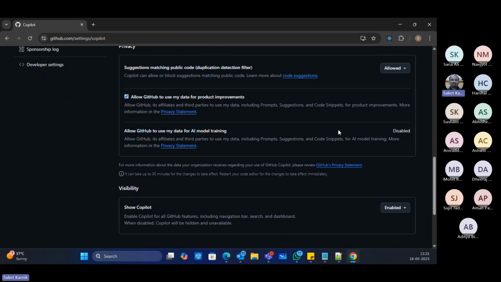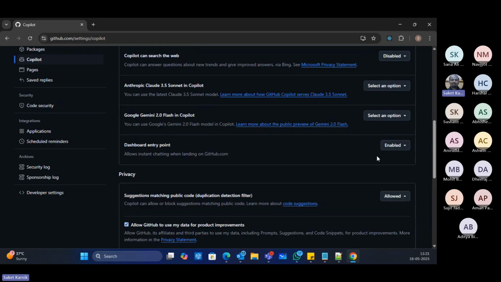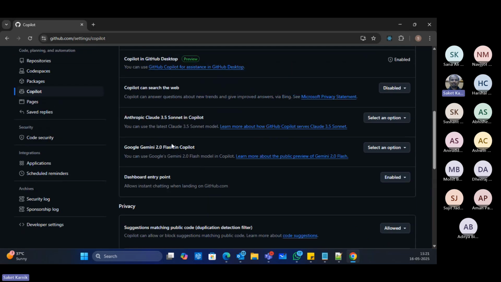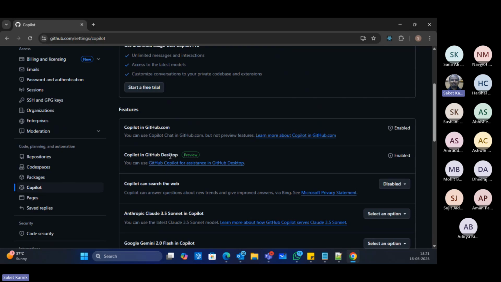And then settings you can do, like whether you want to enable the Copilot or not, what all things you want to allow, what all things you want to disable, all details you can set up over here. Your privacy settings also you can set up over here. Whether the Copilot in GitHub desktop also needs to be enabled or not.